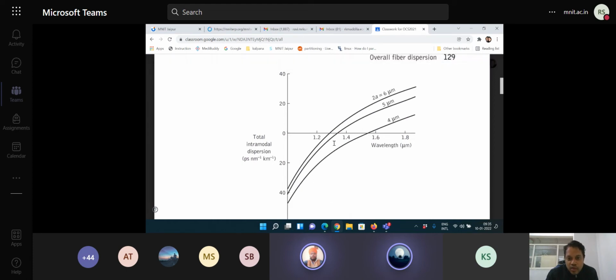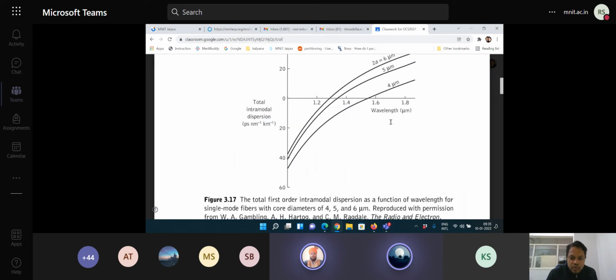And all these curves cross the zero line. This is the x-axis, with the incremental value being wavelength in micrometers. So if you have a fiber with a diameter of 4 micrometers,